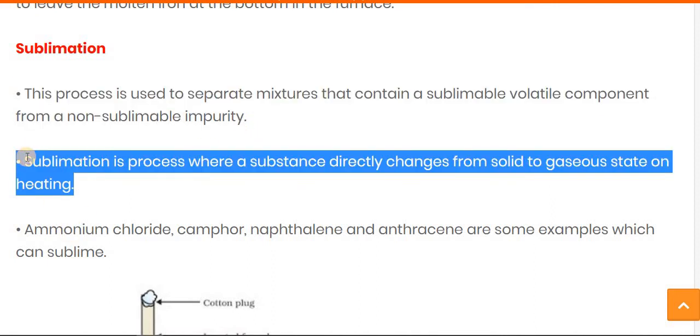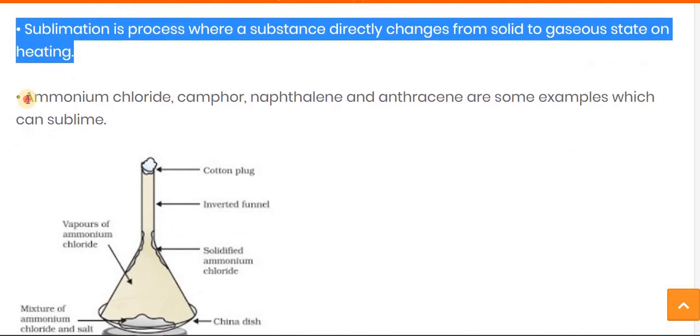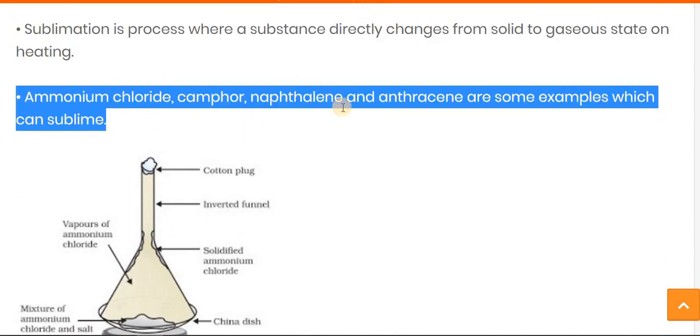Sublimation is the process where a substance directly changes from the solid to the gaseous state on heating. Examples are ammonium chloride, camphor, naphthalene, and anthracene, which can sublime. Ammonium chloride can directly convert from solid to gaseous state.